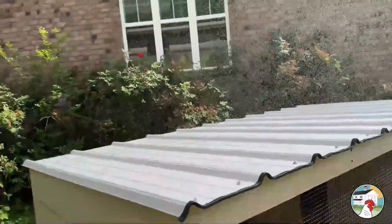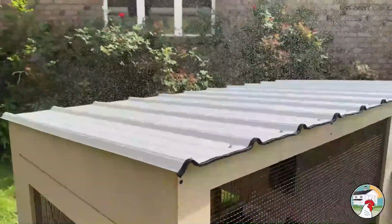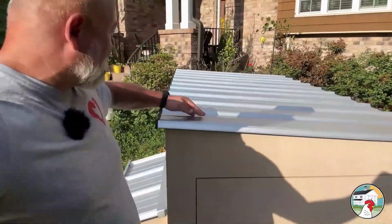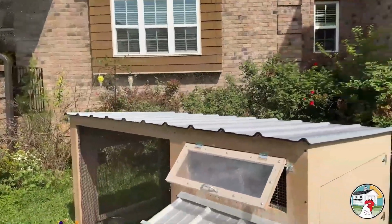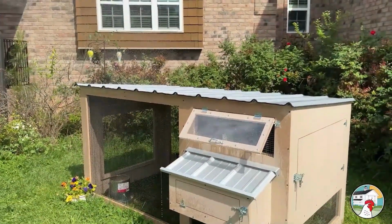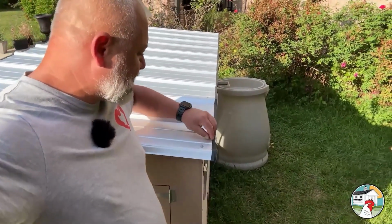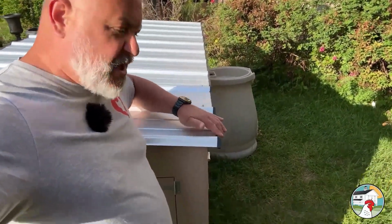We did a bunch of rain tests. It hasn't rained here in a while. It's supposed to start raining this week, so I can't wait to see what the surface tension is going to be like. But I can tell you with the test that we did with the garden hose, which I know is not exactly rain, but it's pretty close, I was actually very surprised how there was not a lot of surface tension. I thought there was going to be a lot of surface tension that was going to be worse because of this